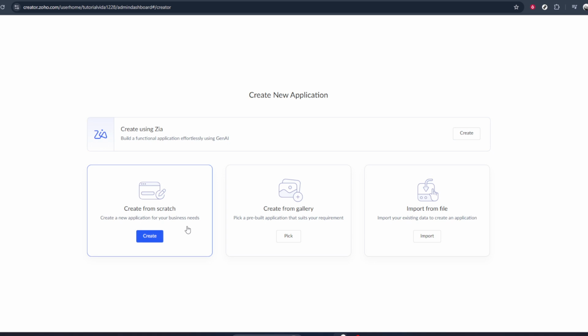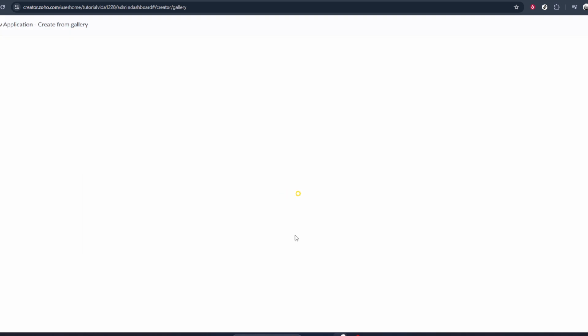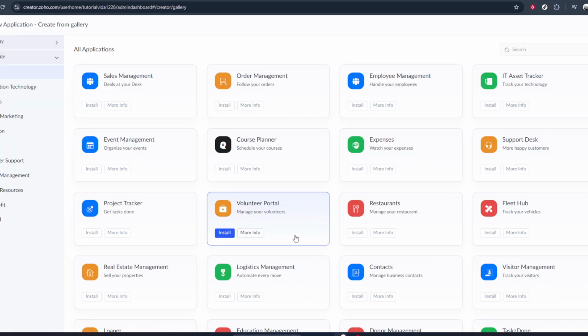From here, look for the option labeled Applications. This is usually visible in the main navigation pane or at the top of the screen. Go ahead and click on Applications. This section is where all of your existing apps are listed, and it's also where you'll go whenever you want